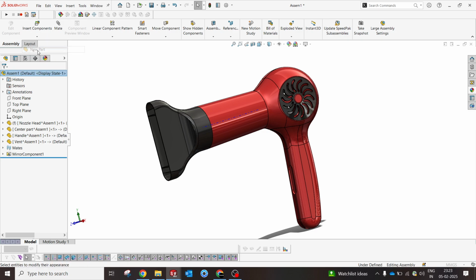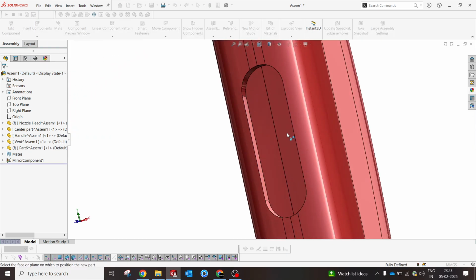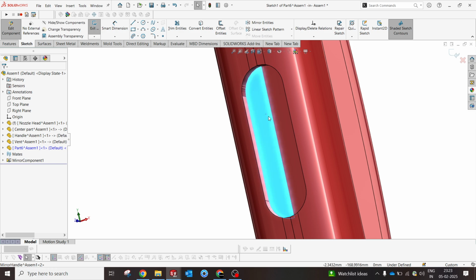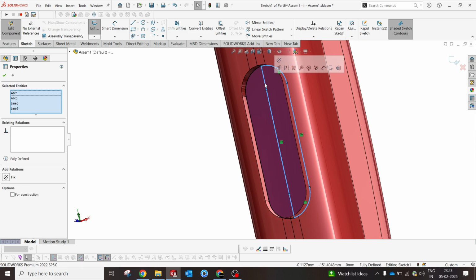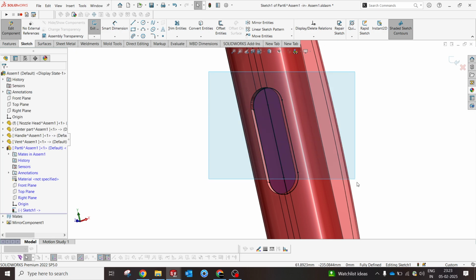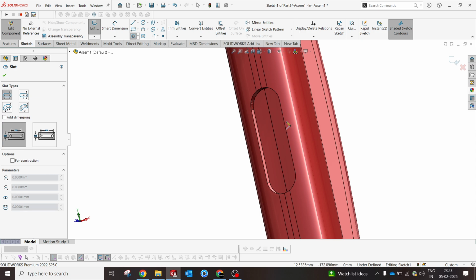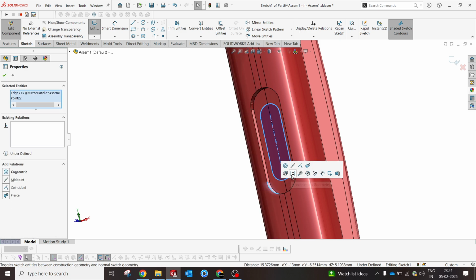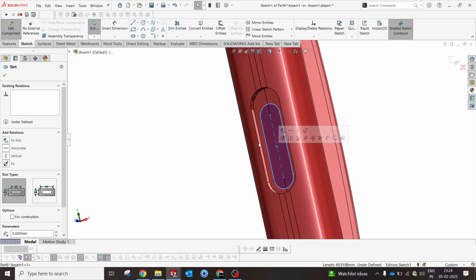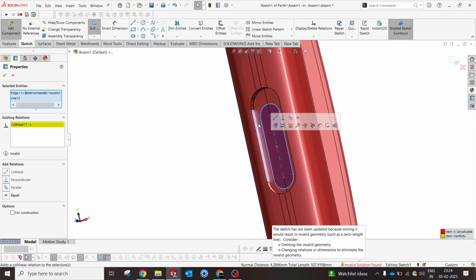So now again you can create a new part where you can directly select, since we have a flat surface. So I request you to select two surfaces and go for a convert entity and remove this center line, which is not required. Else you can also do one more thing, select a center point slot, select here like this, go for a concentric, and this two edges I'm gonna match,